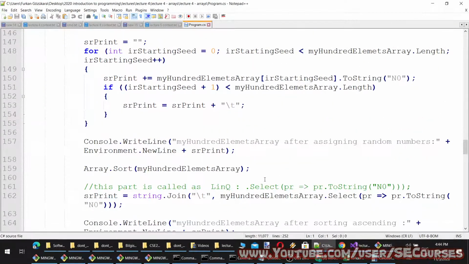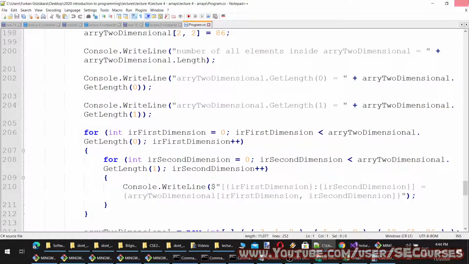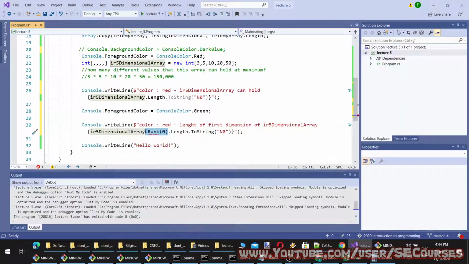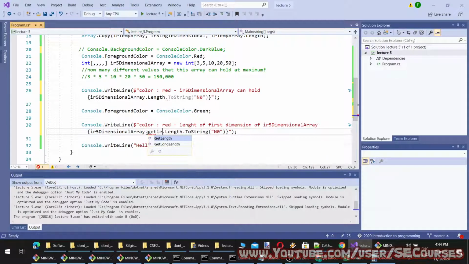You see, we can also, okay, get length. I forget the method names, and as a software engineer, you don't have to memorize everything. You just need to know what to look for and where to get it. Okay, so this will be the length of the first dimension.